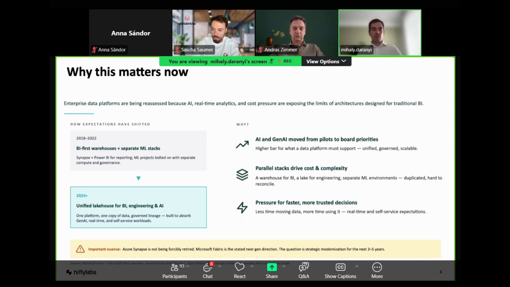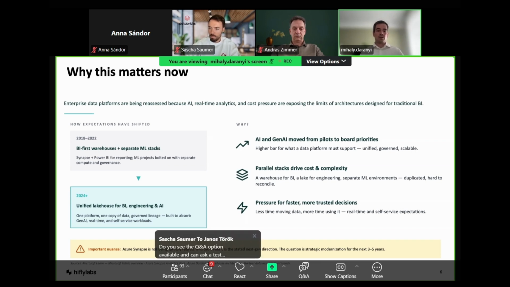We believe there are three things on the market pushing this kind of change. The first is that AI and GenAI moved from pilots to board priorities, which raises the bar on what a data platform must support. The second is that parallel stacks are driving cost and complexity, and most companies are trying to solve these issues. The third is the pressure for faster and more trusted decisions in business, with less time moving the data